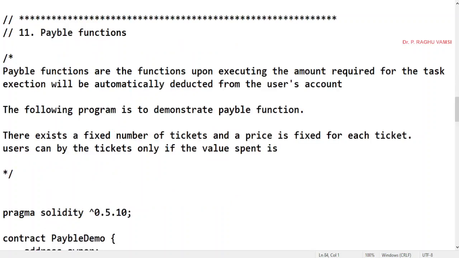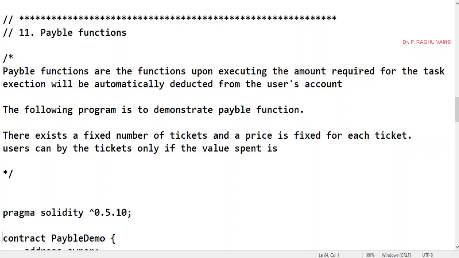Now we'll move on to another interesting function called payable. Payable functions are functions where, upon execution, the amount required for the task execution will be automatically deducted from the user's account. Whenever a function is executed by a user, obviously every function has to spend some gas points for execution.